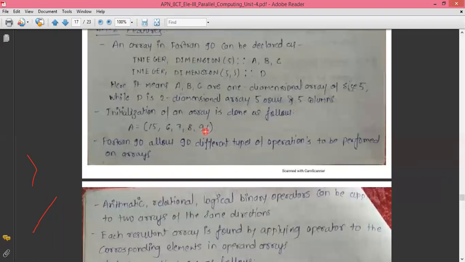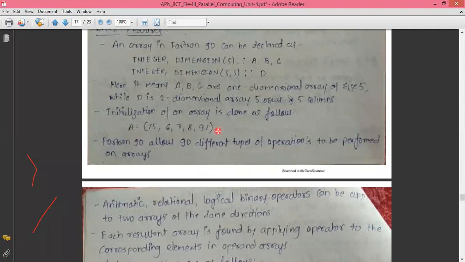Likewise, when we are initializing an array in the typical C programming language, this is the same way of initialization, but the syntax is different. The only difference is in the syntax. If I want to initialize the array A with a size of 5, initialization means passing the array elements at the time we define the array. So size is 5, and 5, 6, 7, 8, 9 indicates that the array A is being initialized by these 5 elements.